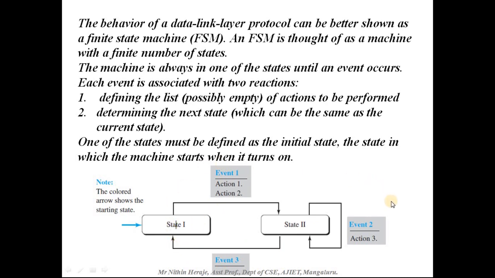Okay, so this is how the finite state machine works. This is what we call a finite state machine, or normally a transition state diagram. Okay, so we'll move on further.